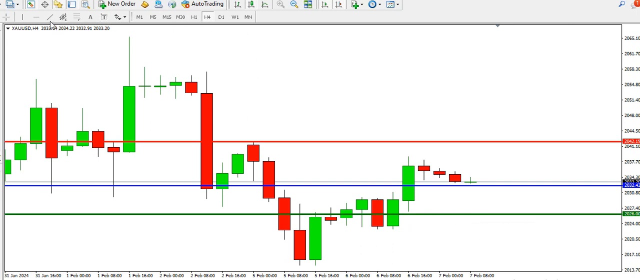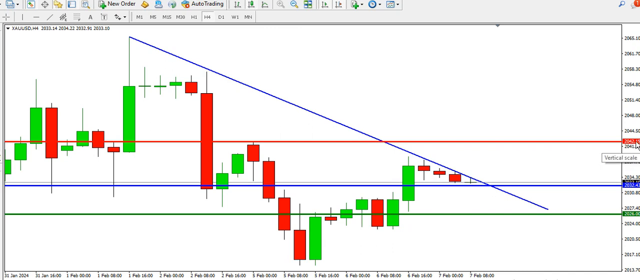Also plotting our trend line, let's take a look. Let's try and plot our trend line. You can see that price is somehow respecting the descending trend line. A break above this trend line, we might see price aiming towards the 2042 resistance level, but for now that is unlikely. Drawing the ascending trend line, you can see that the price of gold is also contained within another range